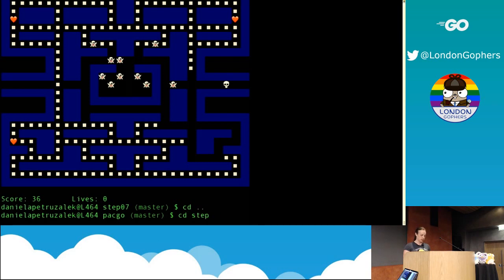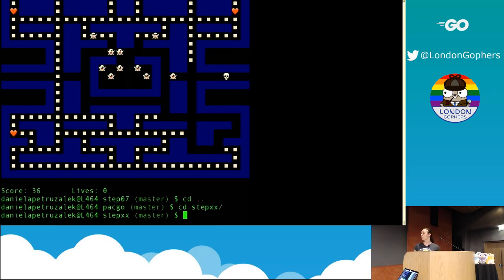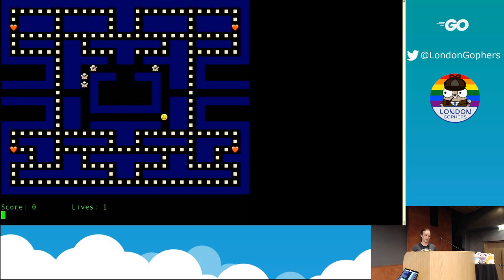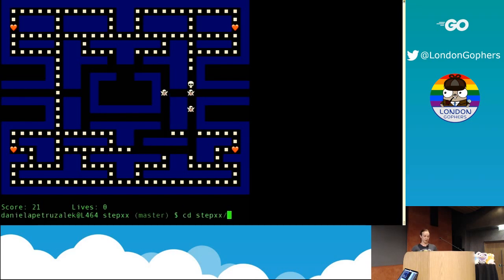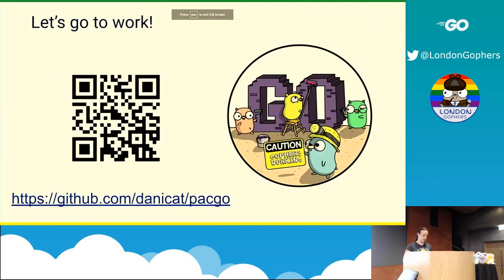I'm not playing this until winning, but the idea is to continue evolving this tutorial. This part of the code I'm not showing, but you may see it's not challenging, like the ghost moving that way. I used all those years studying for coding interviews, and I implemented an A-star pathfinding algorithm. So now the ghost chases the player, and this is called step X, because it's not ready for a tutorial. But you see, oh my God, I'm dead. So you may look at the implementation. I'm using this step X as a sandbox for the next things to come,